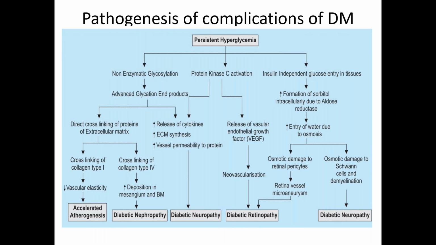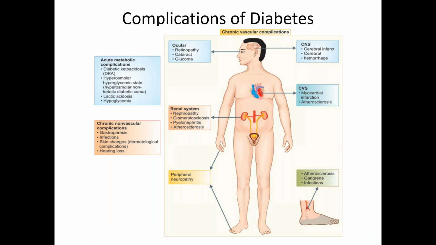In the lens it will produce a premature cataract. In the Schwann cells, this kind of polyol mechanism, sorbitol accumulation leading to osmotic changes, will lead to Schwann cell injury, causing demyelination, and that is the basis for diabetic neuropathy. So these are the various complications